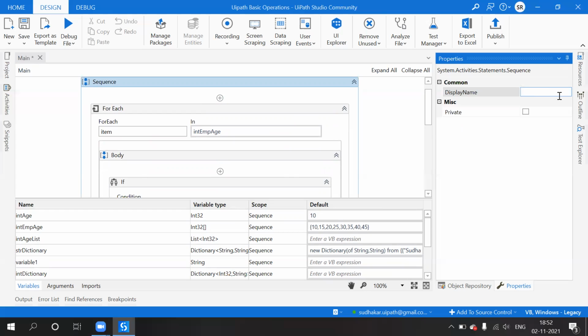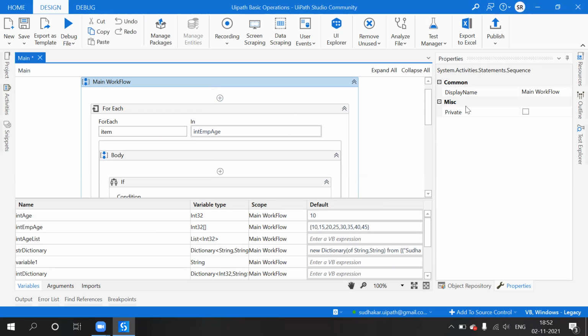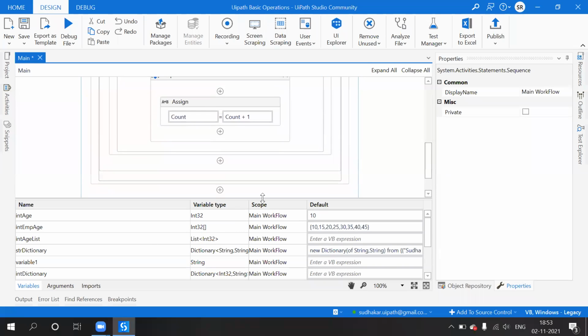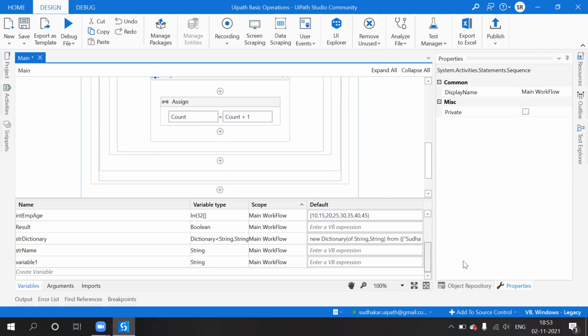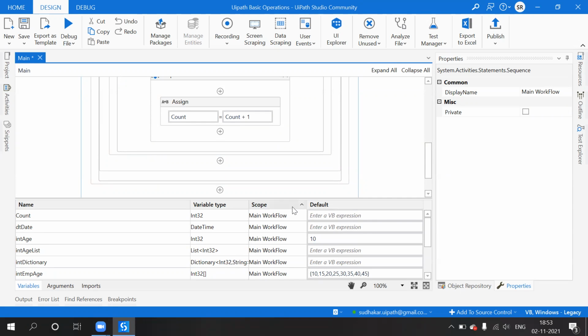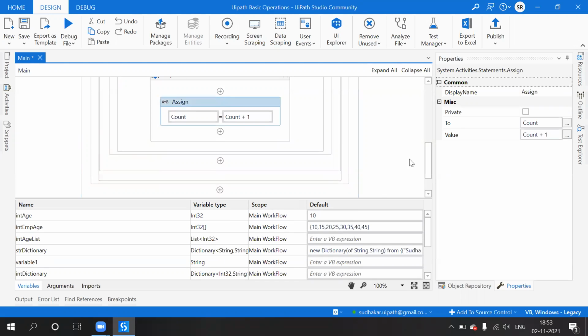So this is the main workflow. Got it? Otherwise you get an error. I have defined it under main workflow only, so the scope of count equals count plus 1.